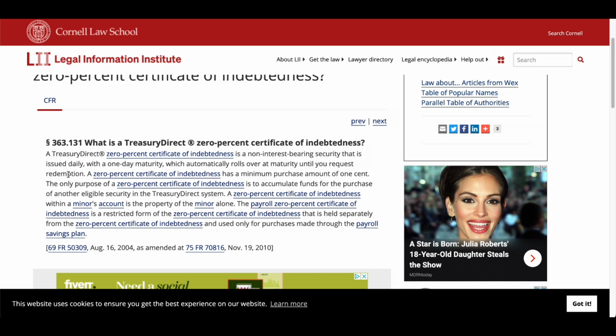A 0% security certificate of indebtedness has a minimum purchase amount of 1 cent.